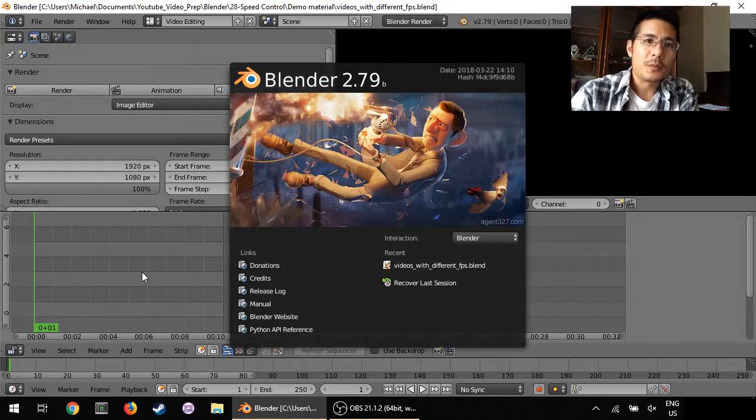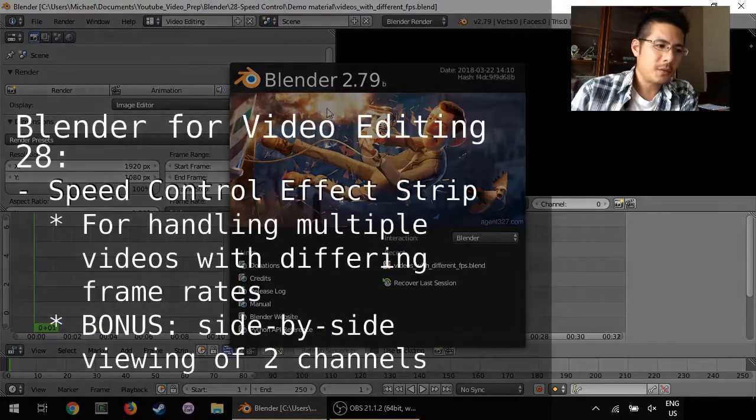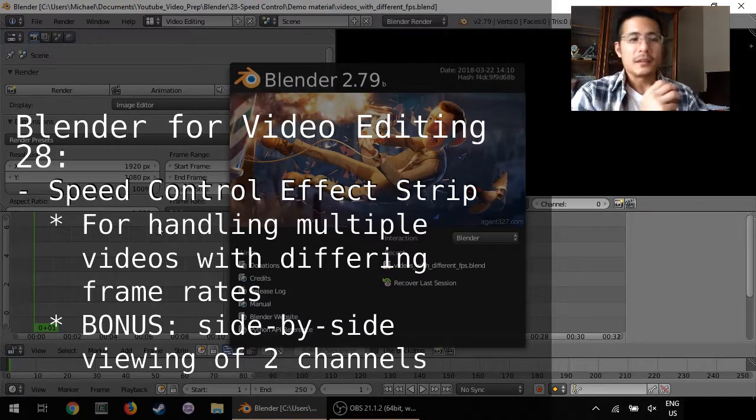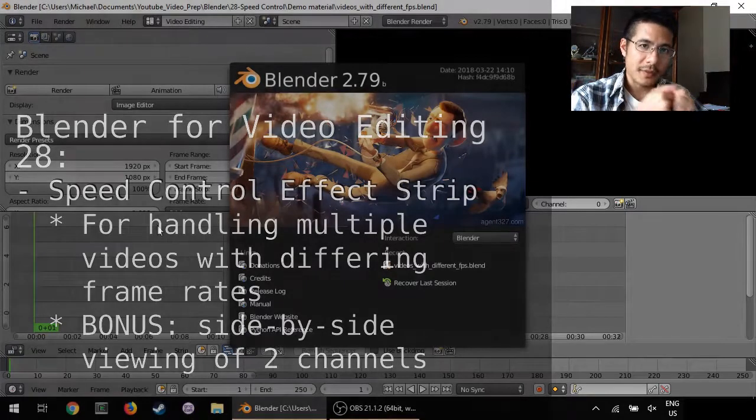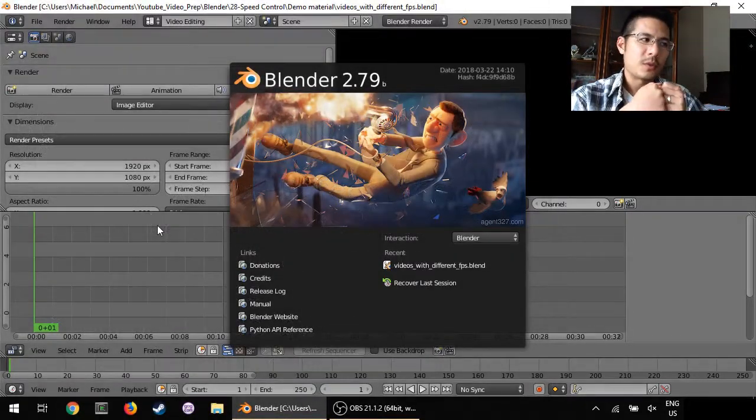Hello, and welcome to another session on using Blender 2.79b for video editing. In this session, we're going to talk about how to use the speed control effect strip to control the speed